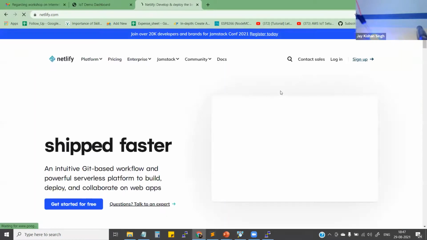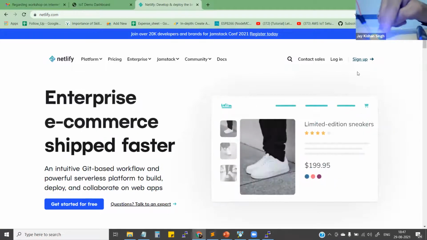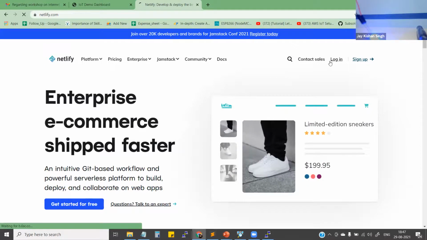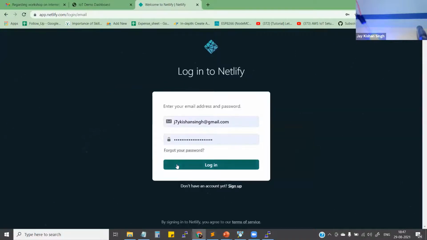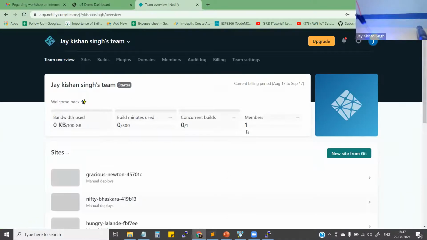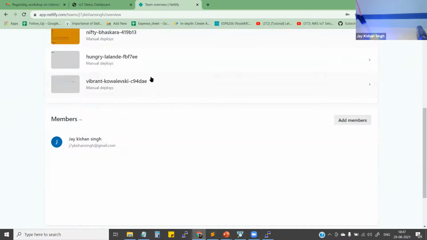And this is a similar kind of service that we use for the live deployment, right? So you guys can see this light is on right here. Okay, so let me log in. Okay, I have logged into my dashboard, right? And you guys can see I already have deployed a few applications right here.